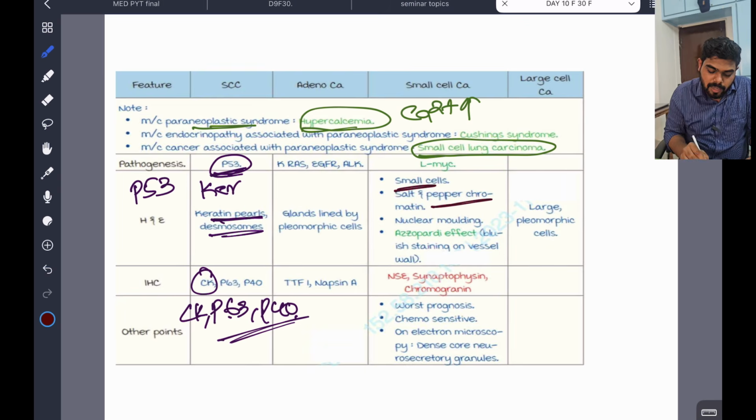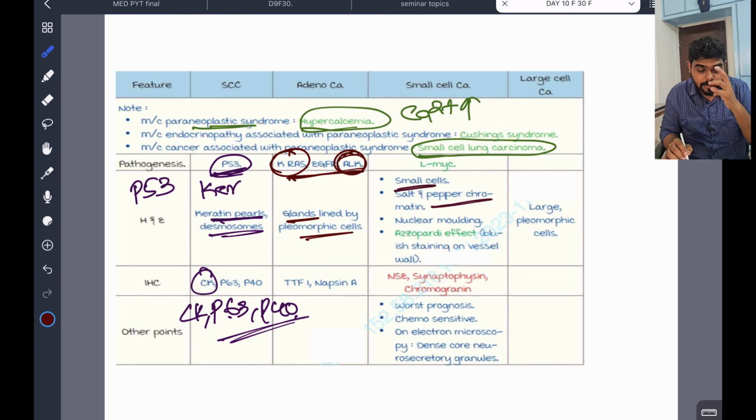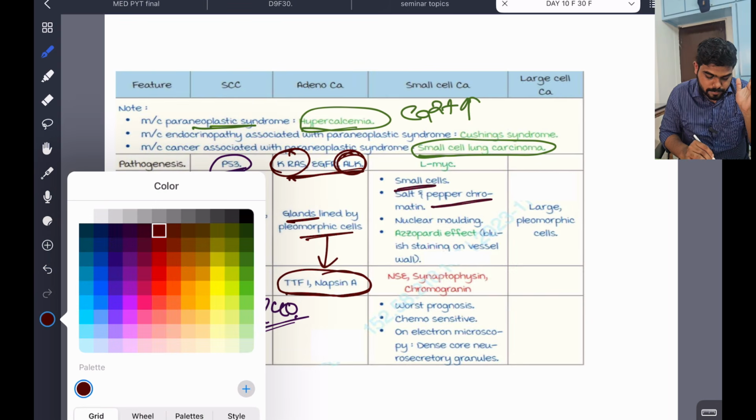And adenocarcinoma has KRAS and ALK gene mutations. And here glands are lined by pleomorphic cells. Typical glands you can see. And the IHC markers are TTF1 and napsin A. TTF1 and napsin A are the IHC markers. Okay, important. Okay, now we are going to see